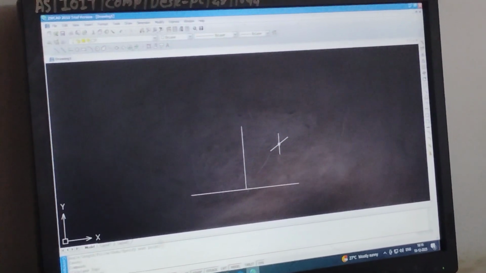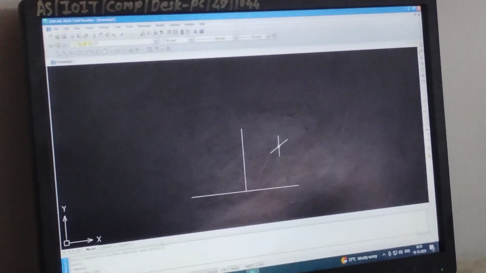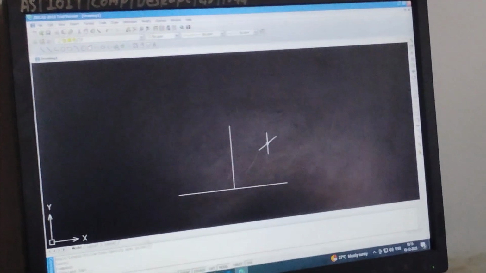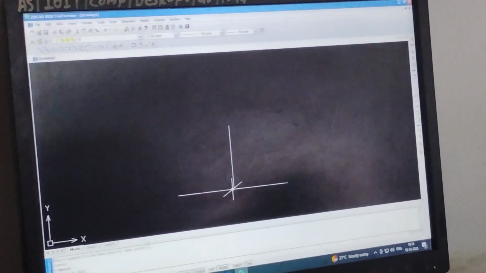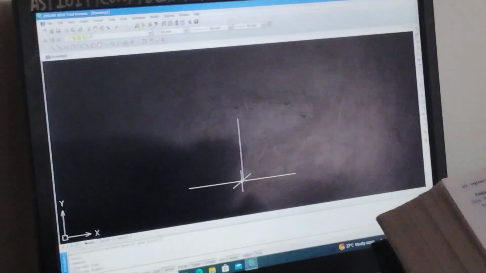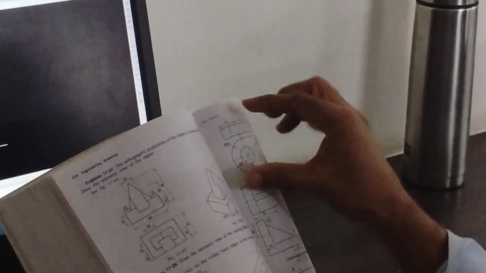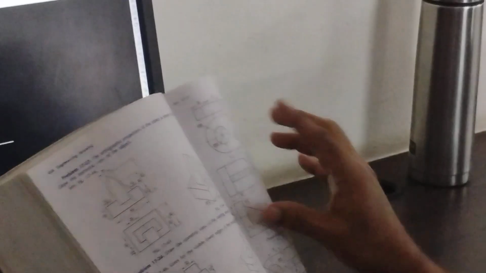Okay. Now look at the 2D figures and check the overall length and overall width. So here in this view, you need to check for the total length, total width, or this total height.